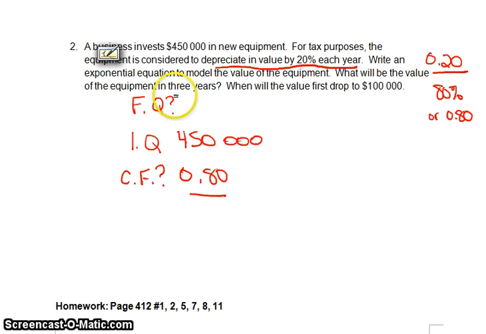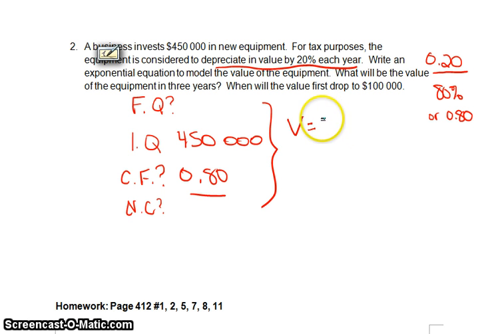And then we are given our number of changes, which we're not given yet. We don't need this one to create the equation. So using all this information here, we are going to write, here we're dealing with the value, so that'd be your final quantity. We're dealing with the value of the equipment invested. So we'll let that be V is equal to,